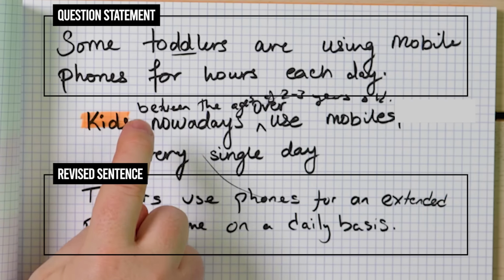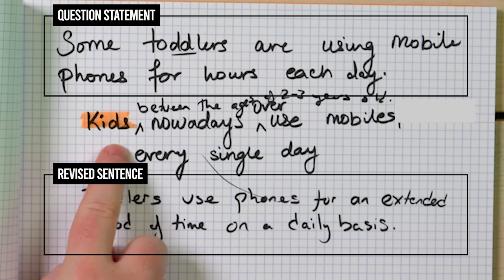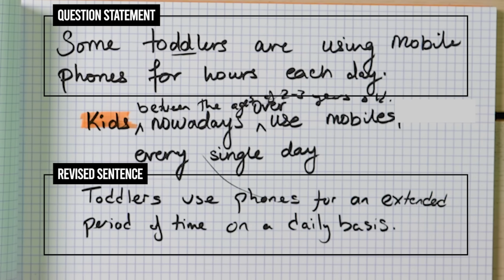So two things. One is don't think of any sentence within an essay as getting it out of the way, because every sentence is important. The structure that we're going to teach you, every single sentence has a job, and if it doesn't do that job, it's kind of like a chain. If there's one weak link within the chain, so for example, putting kids in there means the rest of the essay doesn't make any sense, because you're talking about from 0 to 17, 18 years old, whereas this is about toddlers.